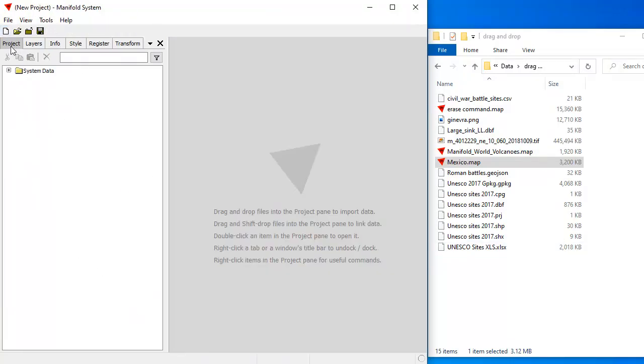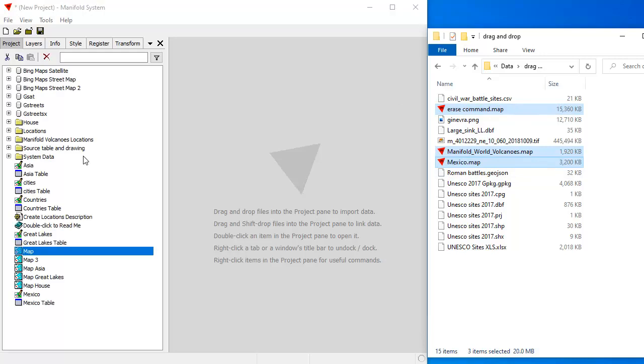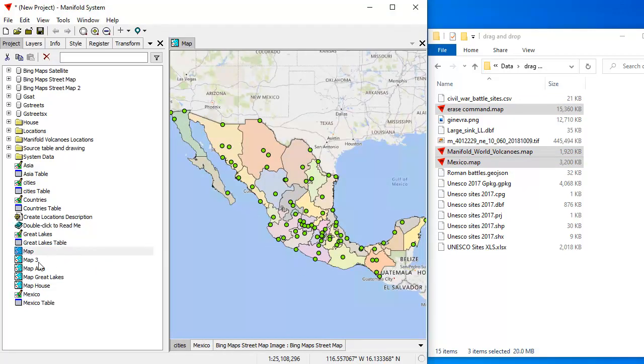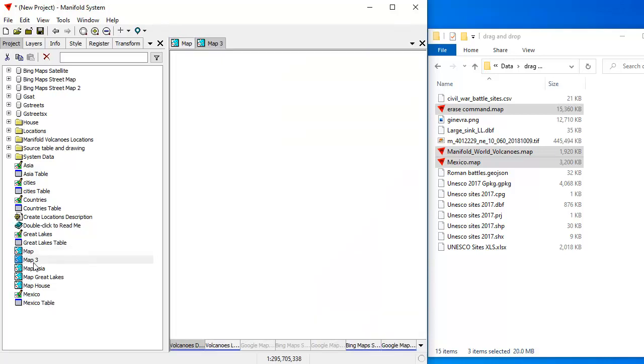If we like, we can open up more than one project. So let's say we wanted to open up all three of these projects. We're going to drag and drop them into the same project window. What Manifold will do is open them all at once. It'll bring in all the layers from all the different projects, and it'll rename things as necessary. For example, it'll iterate the names. So where there's two things called map, or map 3 or map 2, it'll add a number to that